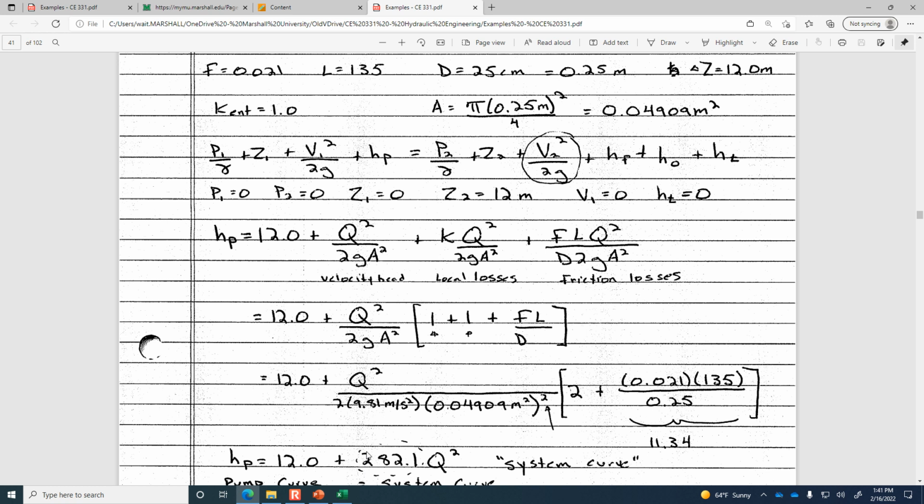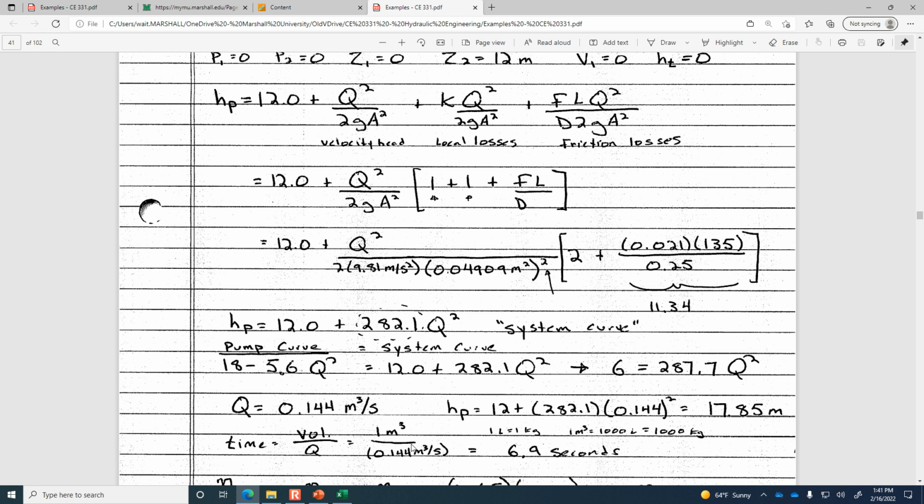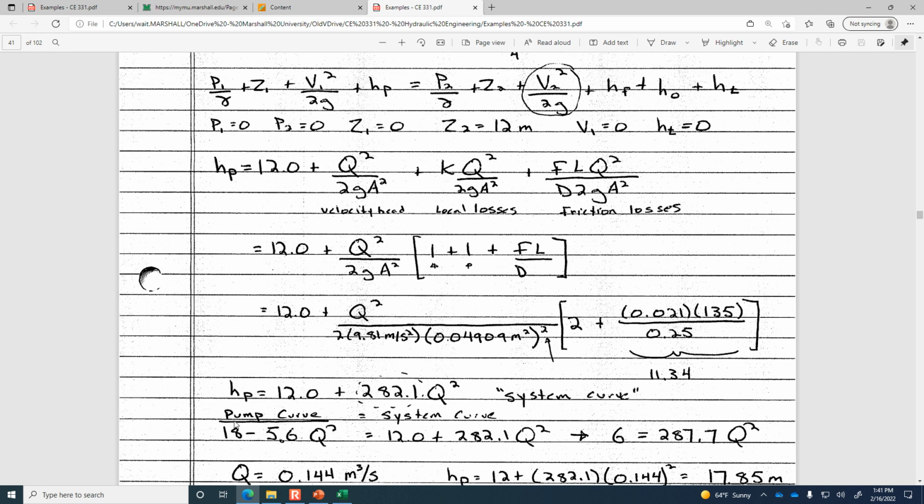When you solve for the operating point, I think what you should get is that the flow rate's going to be 1.44 cubic meters per second, just by setting the pump curve and the system curve equal to each other. So here's that. The pump curve that was given was 18 minus 5.6 Q squared. And then the system curve that we just determined, 12 plus 282.1 Q squared. So what remains on the left-hand side of the equation is 6, and on the right-hand side of the equation, 287.7 Q squared. So that means that the flow rate should be 1.44 cubic meters per second,